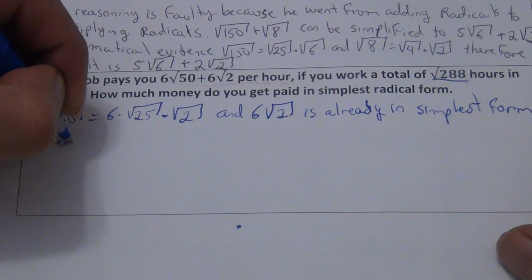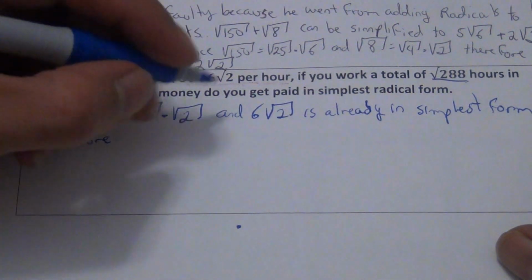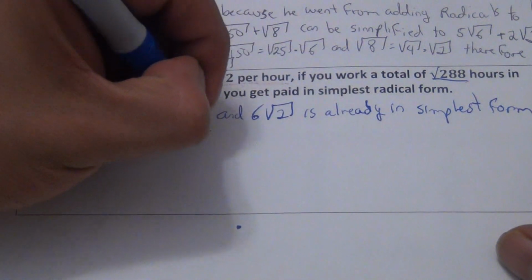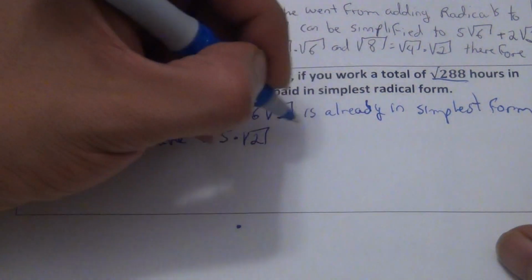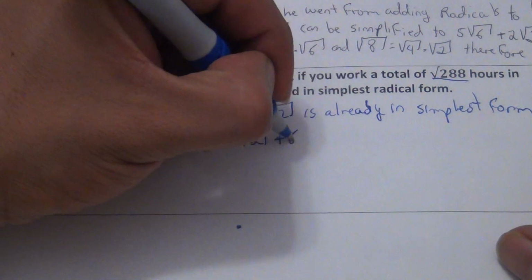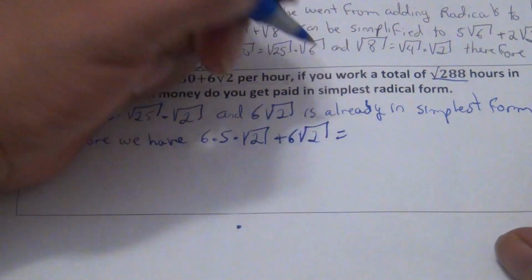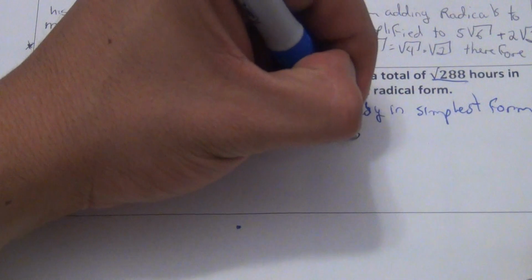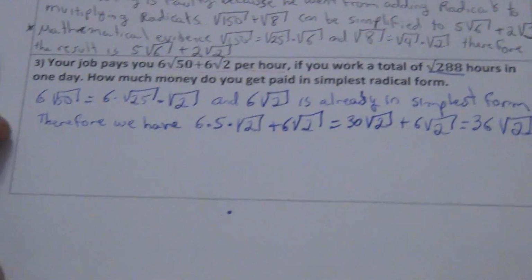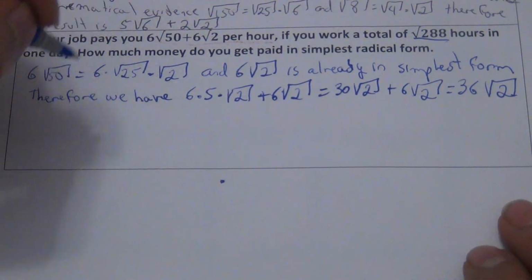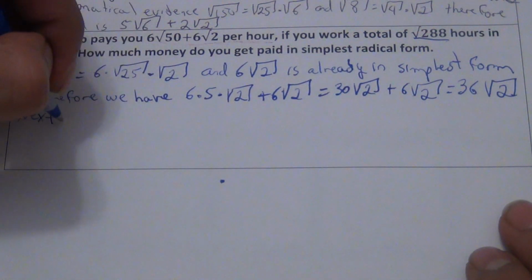Therefore, we have 6 times radical 25 is 5 times radical 2, plus 6 radical 2, which is equal to 6 times 5 is 30, right? 30 radical 2 plus 6 radical 2, which is equal to 30 of this plus 6 of this is 36 radical 2. Okay? Cool then. Now, next, we have